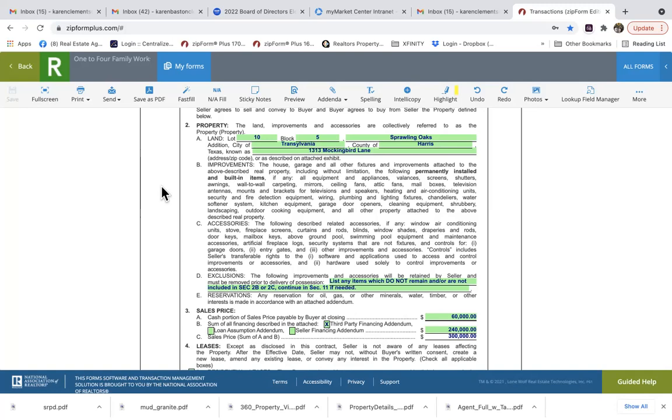Paragraph B, C, and D gets more realtors in trouble than not. You want to make sure you understand as the realtor what is staying, what's conveying, and what is not conveying. That's the term, convey. What goes with the house. In today's world, the biggest hangups are the TVs that are hanging on the wall, wine chillers, the egg barbecue out in the built-in barbecue,